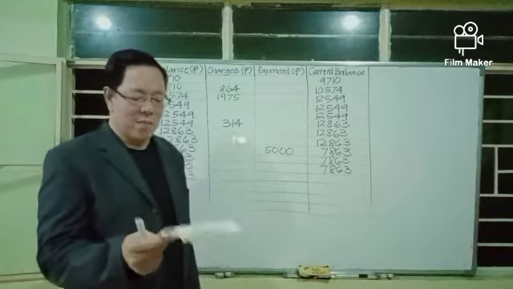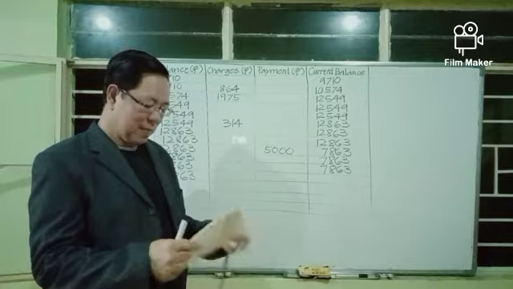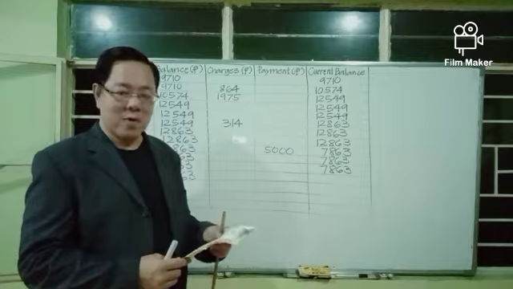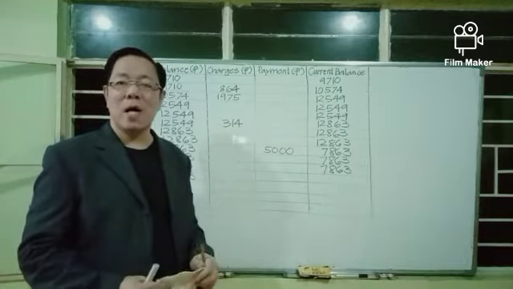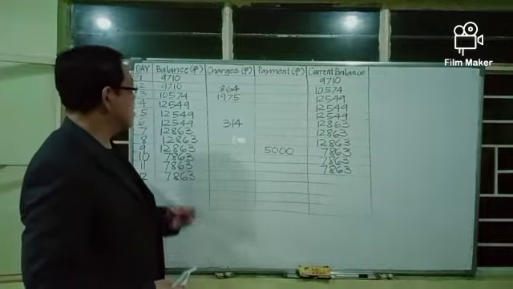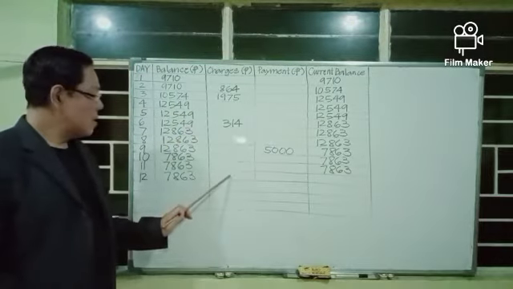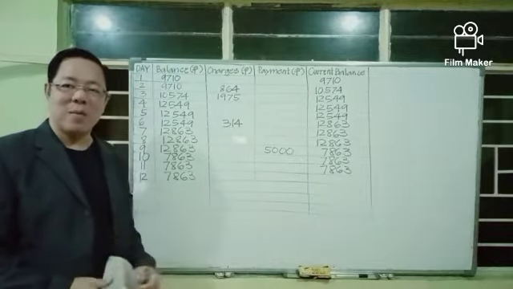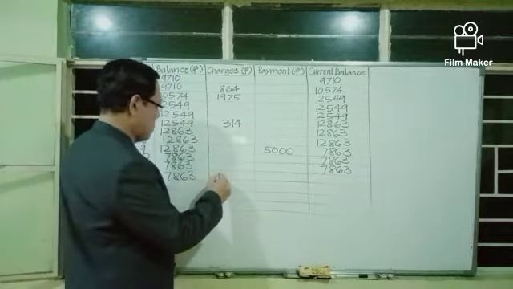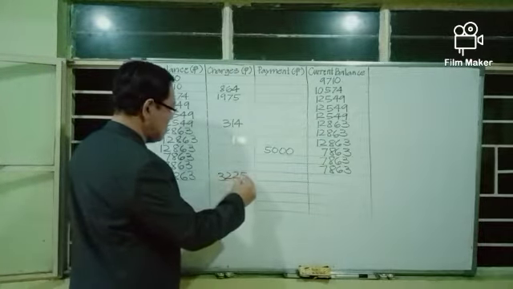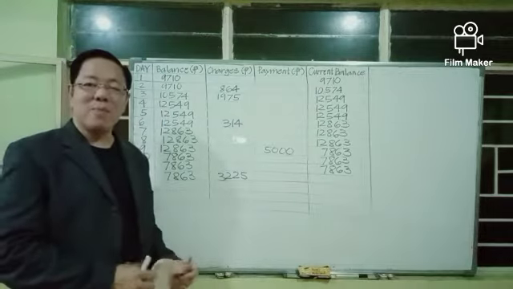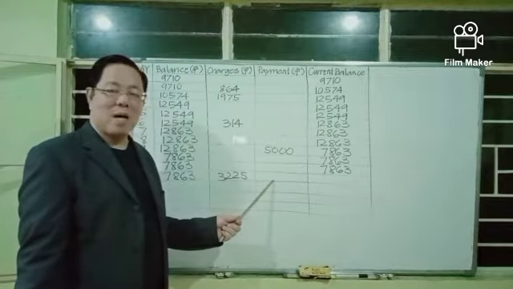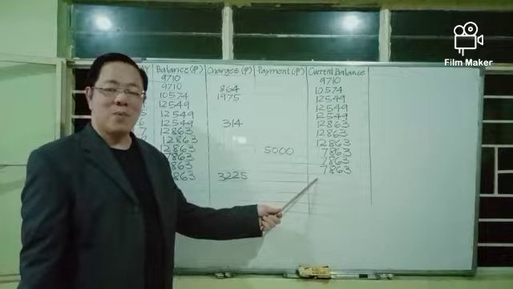And let us check if she made a transaction on November 12. There was a transaction. She made use of her credit card to pay for her groceries worth 3,225 pesos. So in this column, on November 12, her credit card was charged with 3,225 pesos for groceries. And now the total balance at the end of November 12, because she did not make any payment to the bank on November 12, her balance at the end of November 12 would be